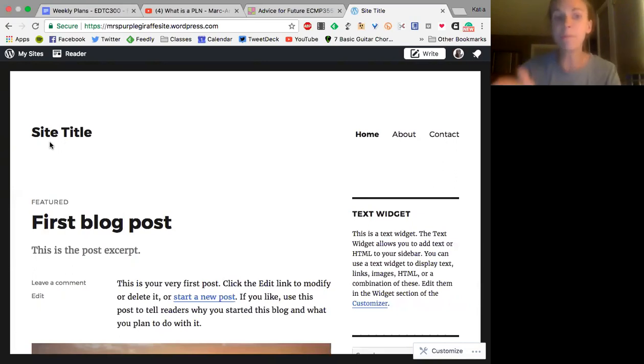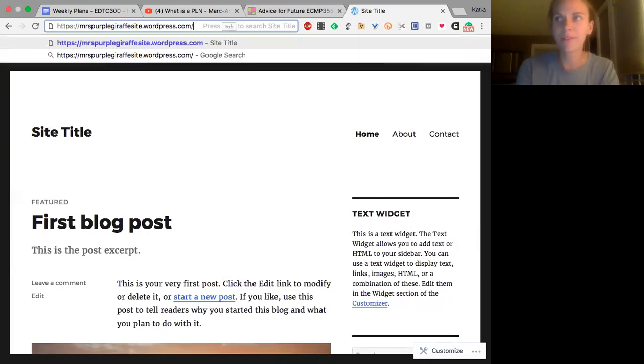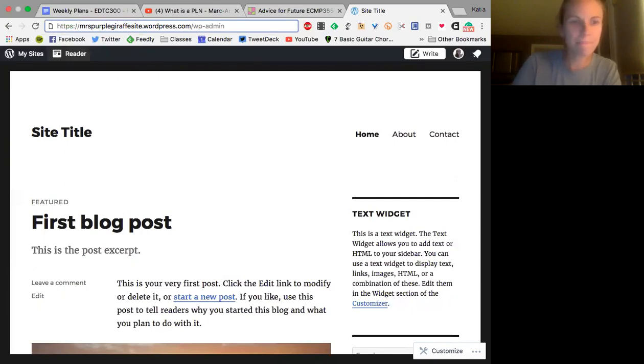Here's how you get to the back end of your blog. This is important, okay? WordPress will try to stick you into their new back end of the blog. It's awful. So you need to pay attention to this. It's not hard. You go to your blog address, you can see the URL bar, and then you go /wp-admin. So again, I'll throw it in here so we can all see it. All right, so again, that's /wp-admin. Super important, like write it in red on your forehead if you're gonna forget otherwise.